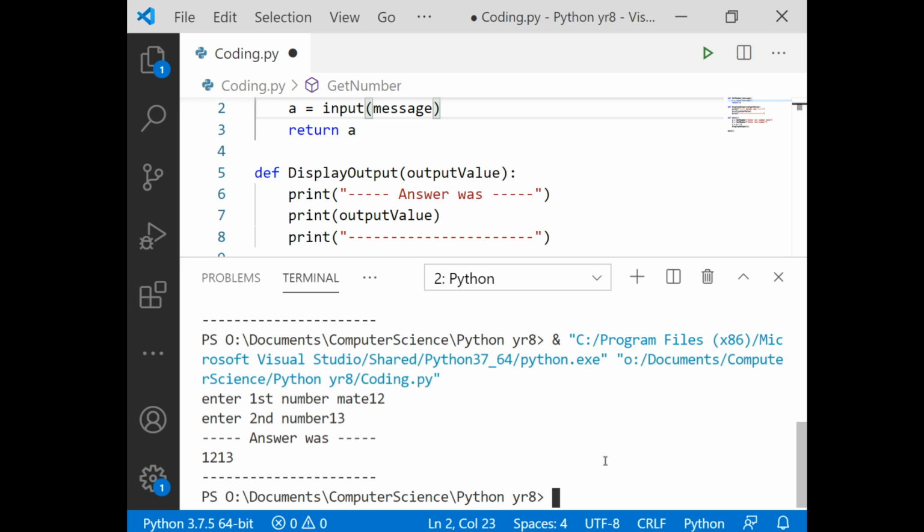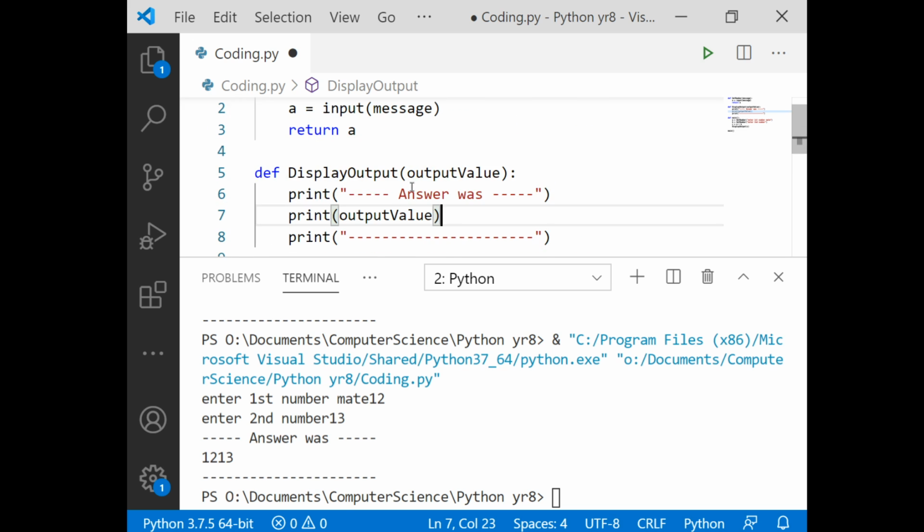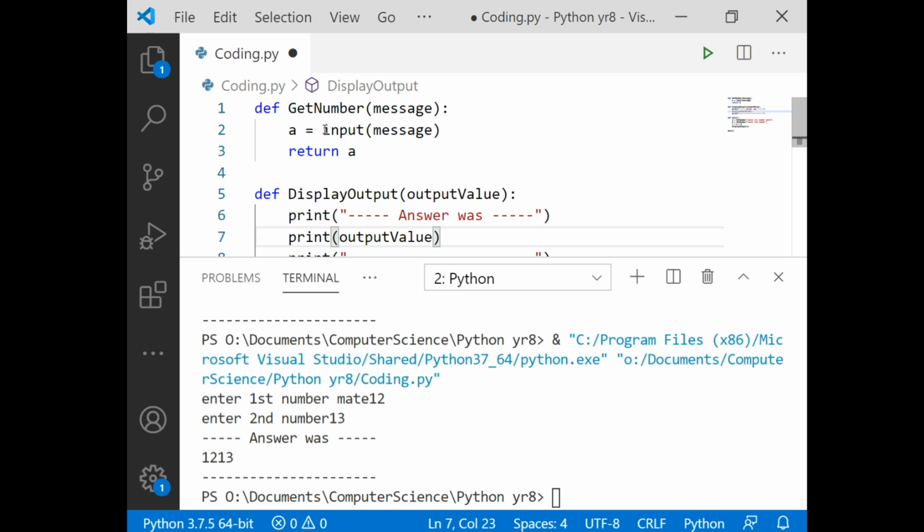Do you remember when we had numbers but there were strings, and when we did plus, it just stuck them together? So it said 12, 13. And you go, hang on a minute, that's not right. So you might think, oh, it's going to be a problem with my calculation. But actually, we can look at the input thing. It's because we're not doing a number.